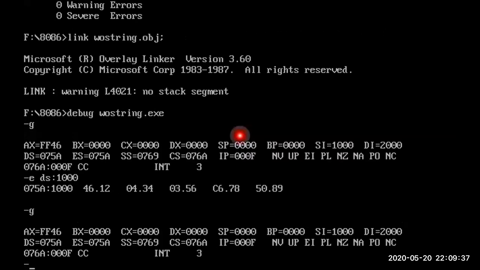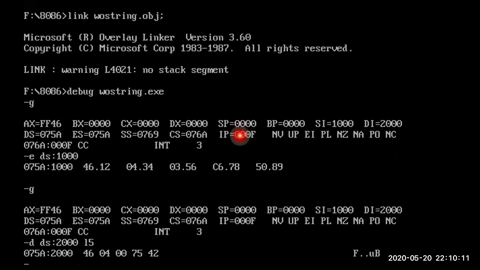So that value should be coming, based on our program, into the location 2000. I want to see those values in this location. For seeing those values, D is for display: D space DS colon 2000. I want to see only 5 values, so I will use L5. L5 means to watch only 5 values. Suppose to watch a total of 10 values, I can use LA. In hexadecimal, A is 10. So decimal 10 is A in hexadecimal. So the 5 values should come.